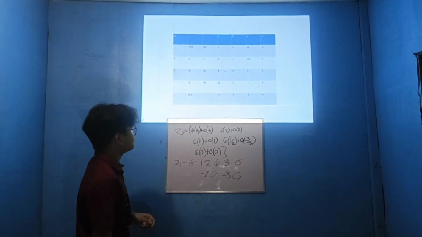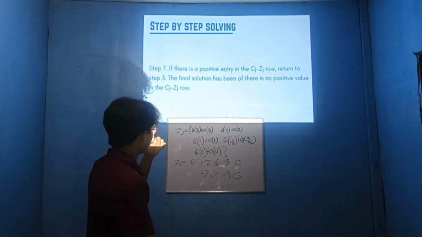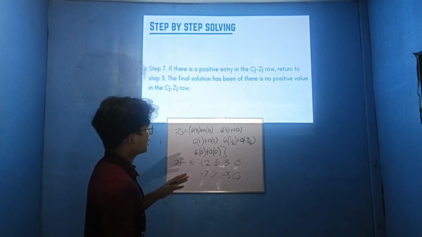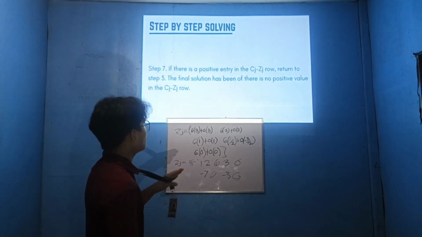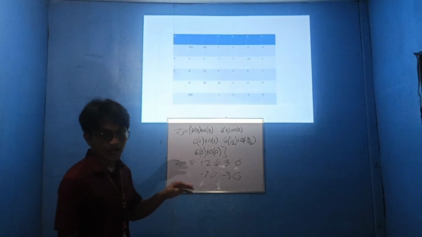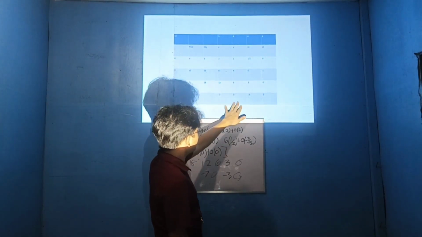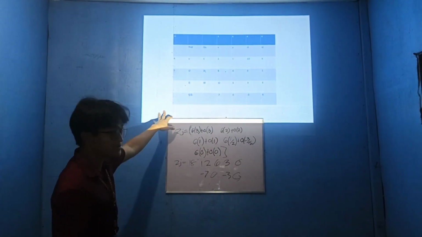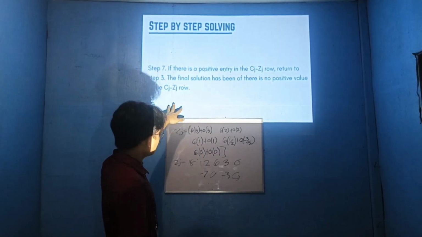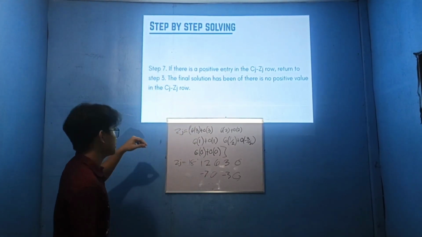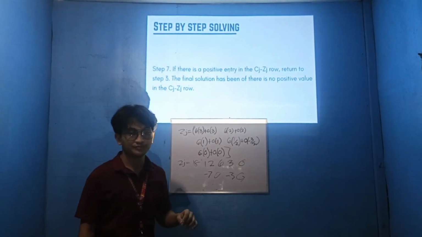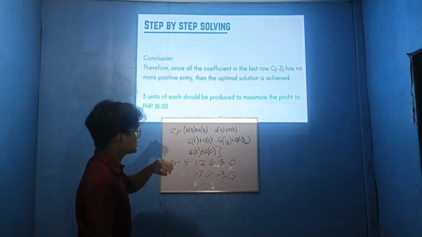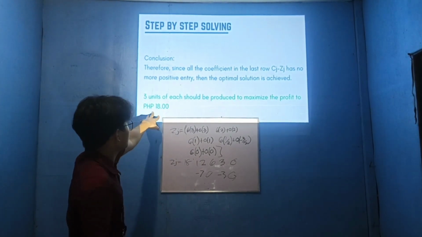And in step 7, if there is a positive entry in the cj minus zj row, return to step 3. The final solution has been reached if there is no positive value in the cj minus zj row. As you can see, there are no positive values in our cj minus zj row. In conclusion, 3 units of each should be produced to maximize the profit to 18 pesos, which is our answer